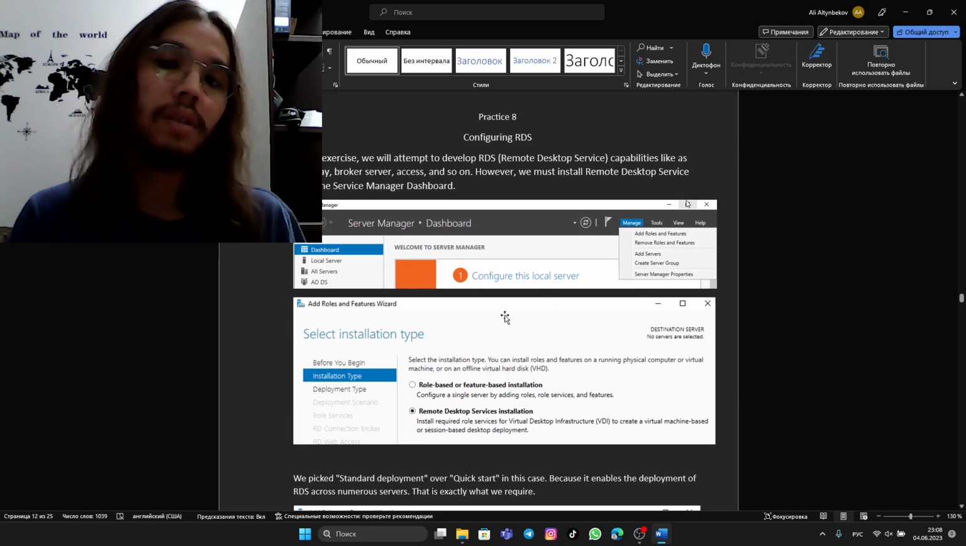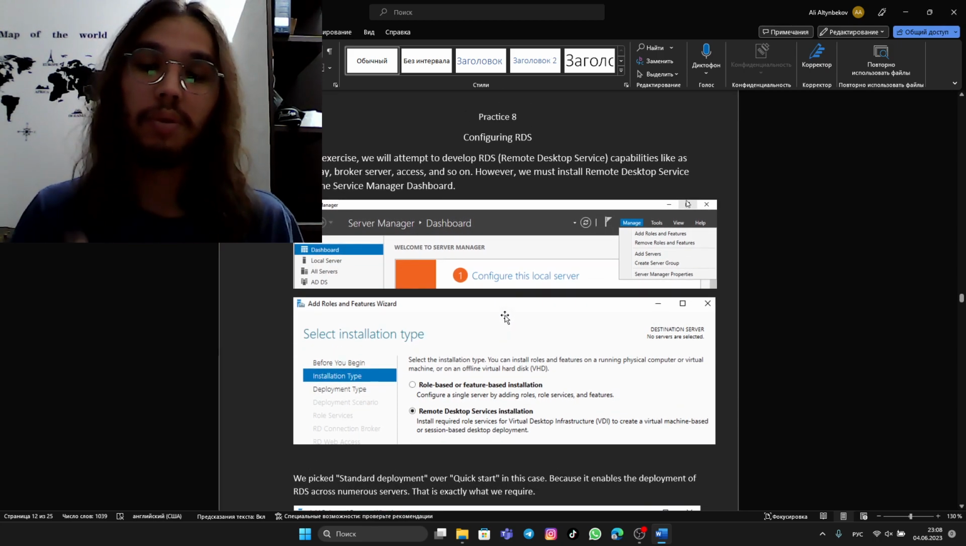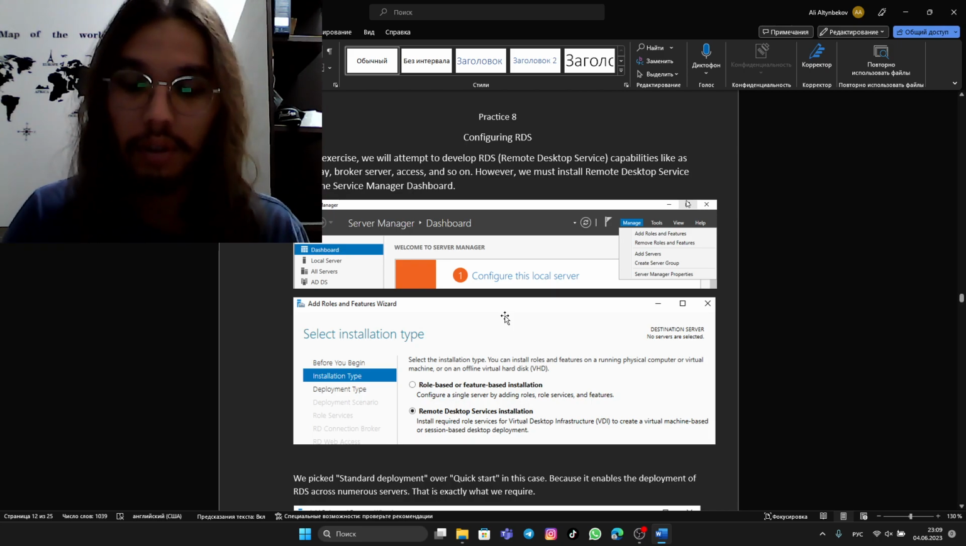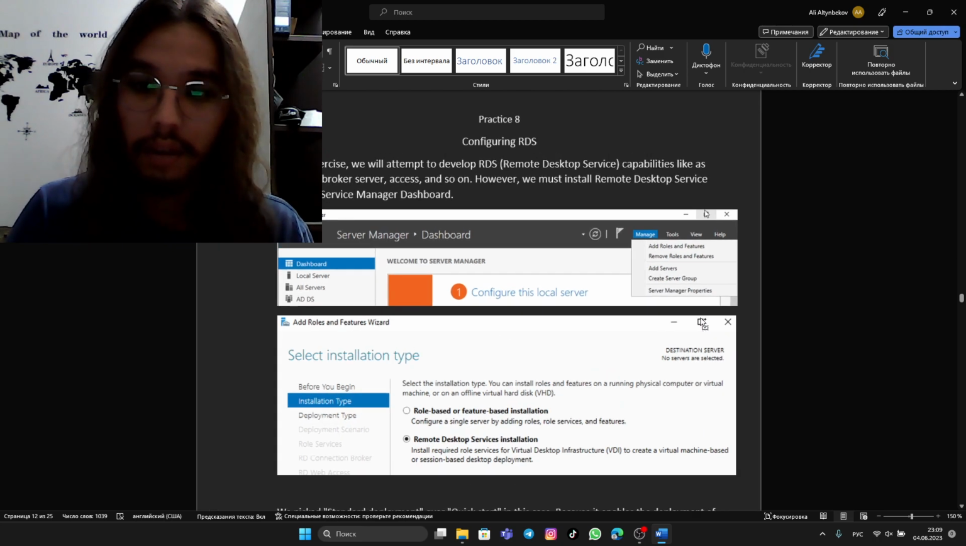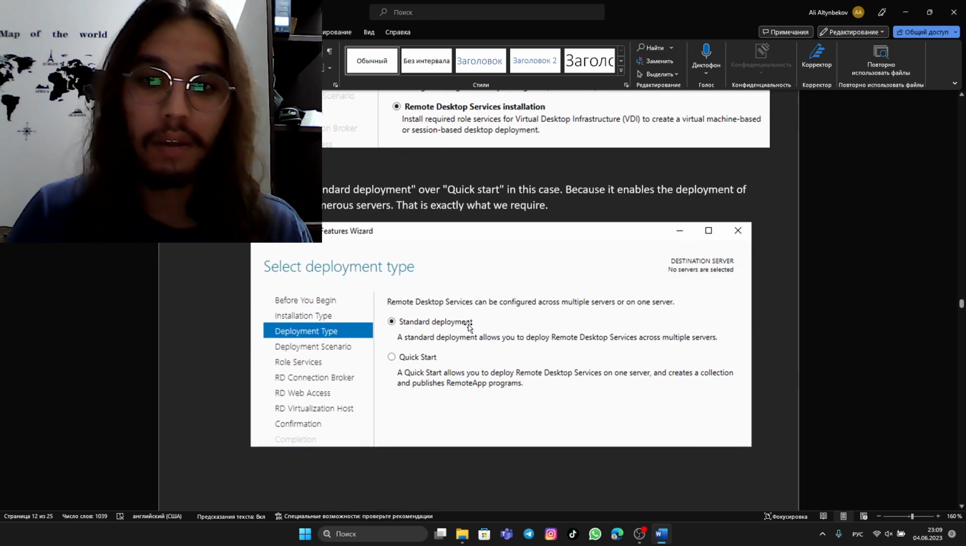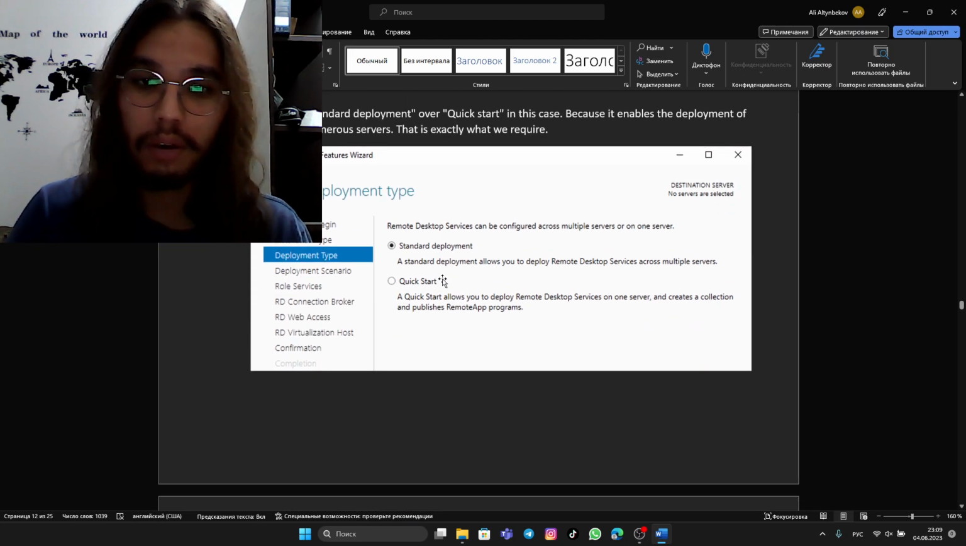So in this exercise, I attempt to develop remote desktop service capabilities such as the gateway, broker, server, access, and so on. However, we must install the remote desktop services from the service management dashboard, as I did previously in practice 7. Add roles and features, remote desktop service installation, now we're choosing not role-based. Standard deployment, not quick start,